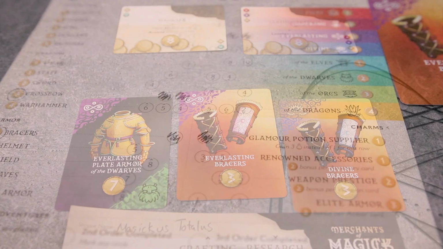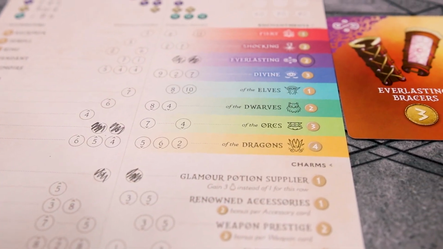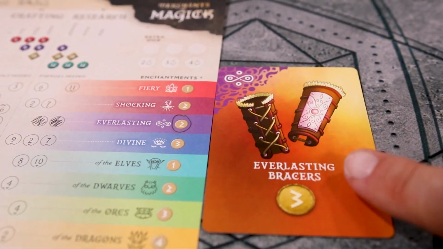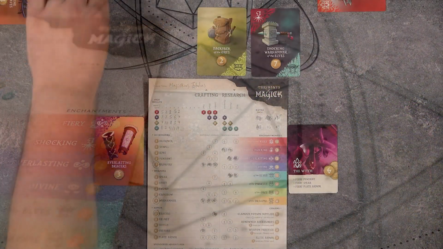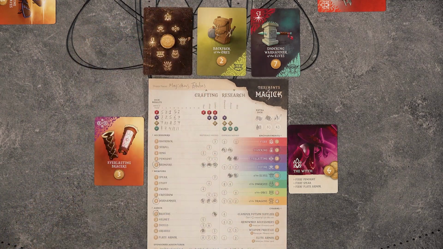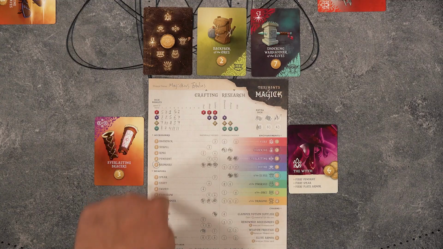So for example, if I had bracers that required the everlasting enchantment and I had both of those rows completed on my sheet, I would automatically collect that card, which will be worth its coin value at the end of the game. A new card will automatically be drawn but will remain face down until later in the round. Players can complete multiple orders in the same round, and this will be the main way you gain coins, bringing